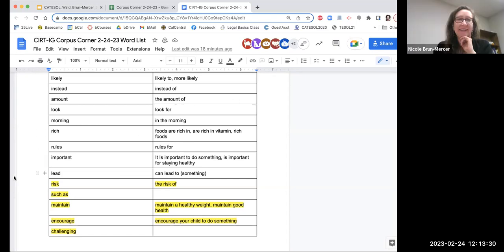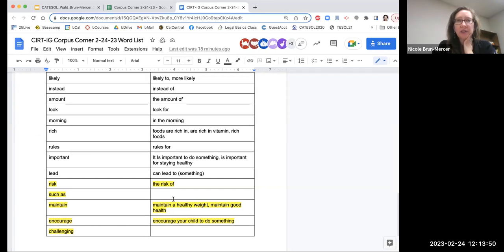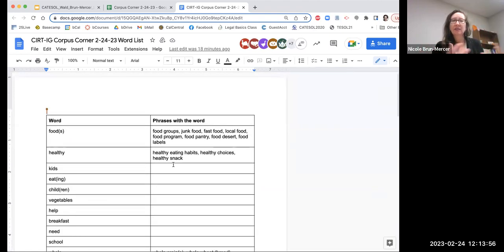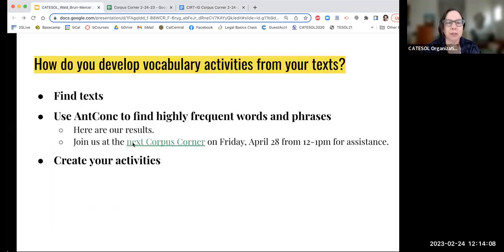Right. Yes. So if you wanted to open up that word list before we put you into breakout rooms, you still have a few minutes. Go into the chat and it's the link that says word list first, and then there's a link underneath word list. That would be the one to open. It would be good to have that up on your computer so that when you are in your groups creating these activities together, you know what vocabulary to be drawing from. Okay, so then the magic occurs where you create your activities.